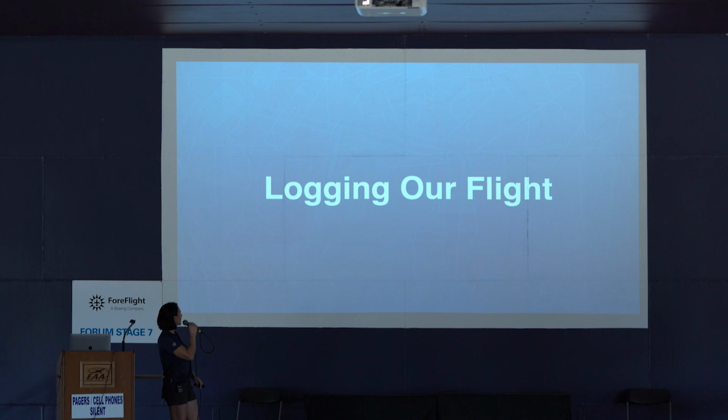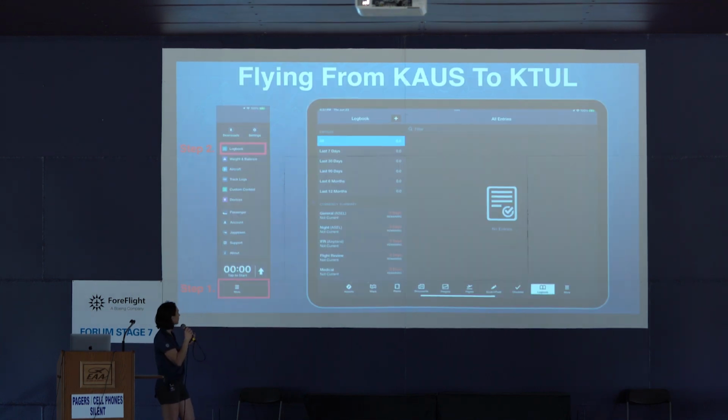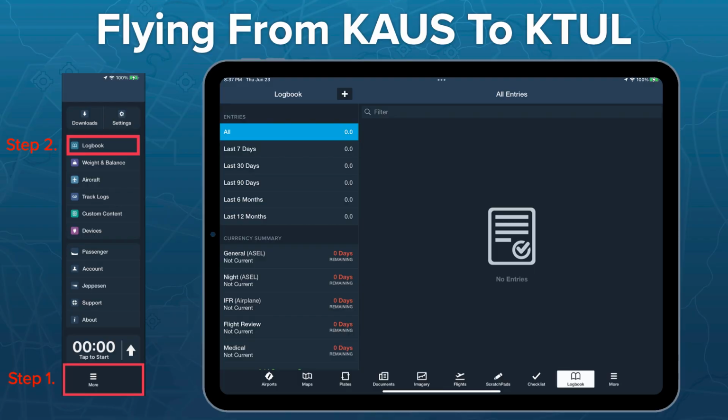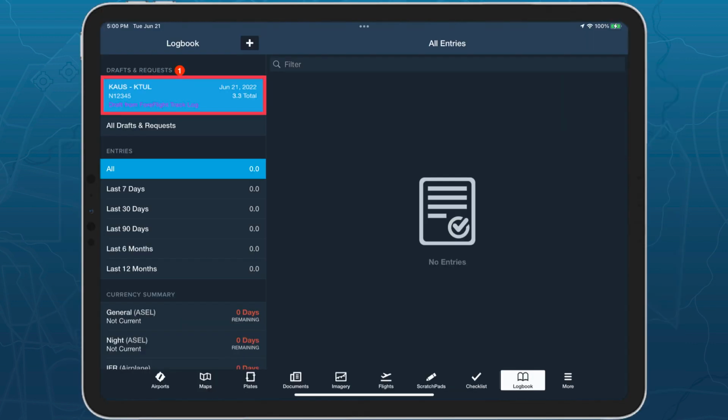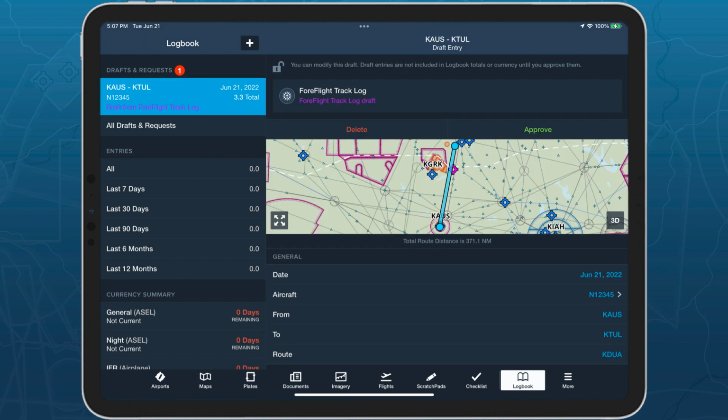All right, lastly, we are going to talk about logging our flights. To access Logbook, go to More, tap on Logbook. So if you use our track log feature, your track logs can automatically get imported into your logbook. It will show a draft up at the top. You can tap on that,